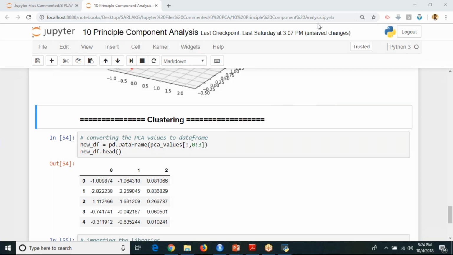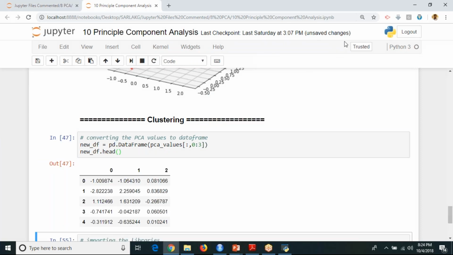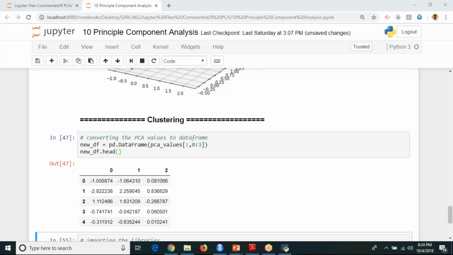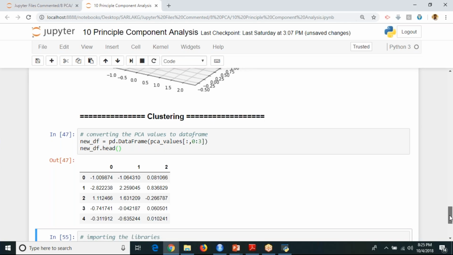I'm displaying the first 5 values in your PCs. This is your PC1, this is your PC2, this is your PC3. Using these 3 columns, I'm going to implement clustering. Either I can implement hierarchical clustering, or I can implement k-means clustering.